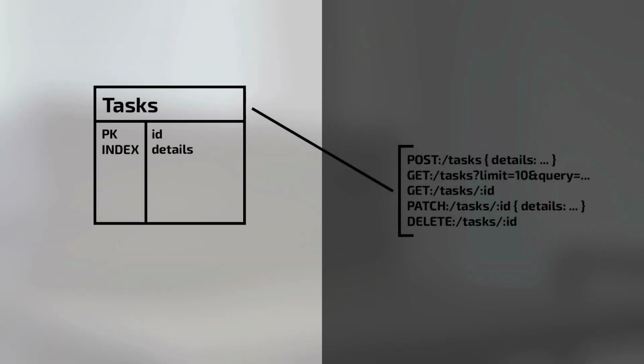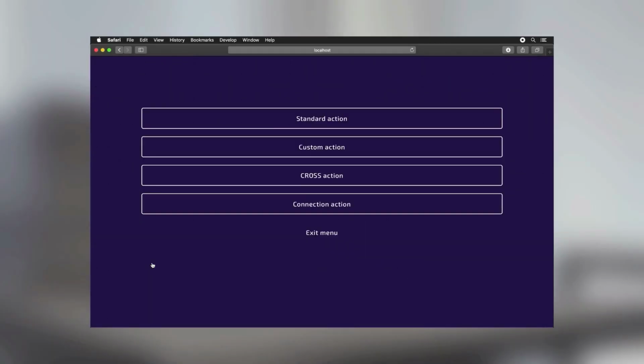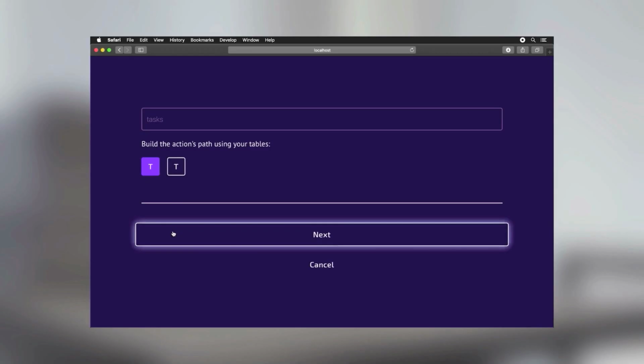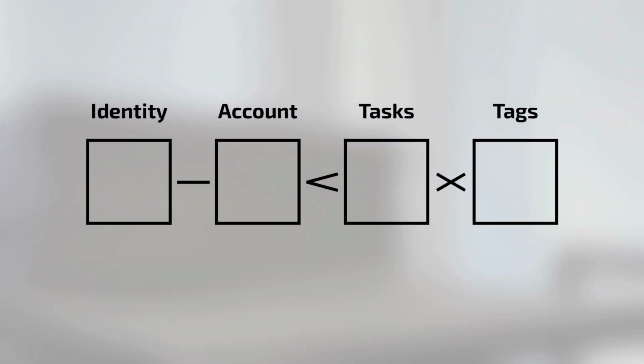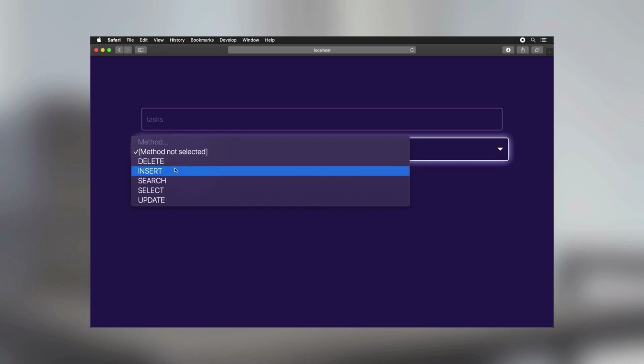Our database looks good. To create and access the data in our database, we'll have to add a few actions. We'll create this action with the core tasks table as its only path component. An actions path defines parent-child relationships between the tables, automatically creating cross-reference tables in your database to manage these one-to-one, one-to-many, or many-to-many relationships. We'll start with the standard insert action, which will handle post requests to our tasks table,